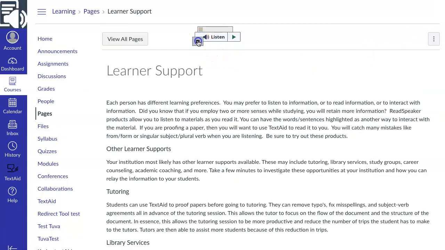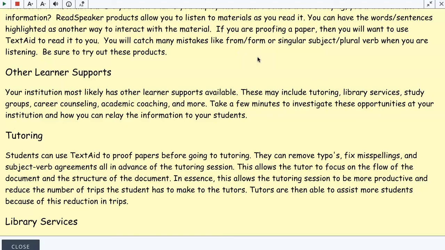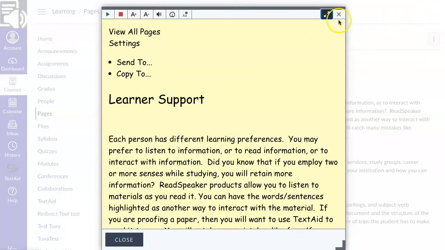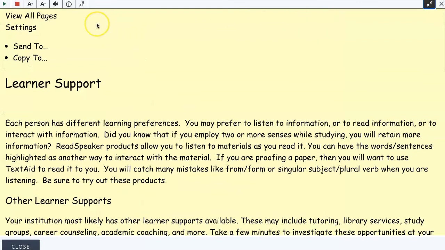Now let's look at text mode. Text mode has the block around it with the arrow pointing to the right. Again, it's on the lower toolbar. When I click on it, I now see this page in text mode. Again, it's expanded. If I don't want it that wide, I could pull it down, but we'll leave it expanded.